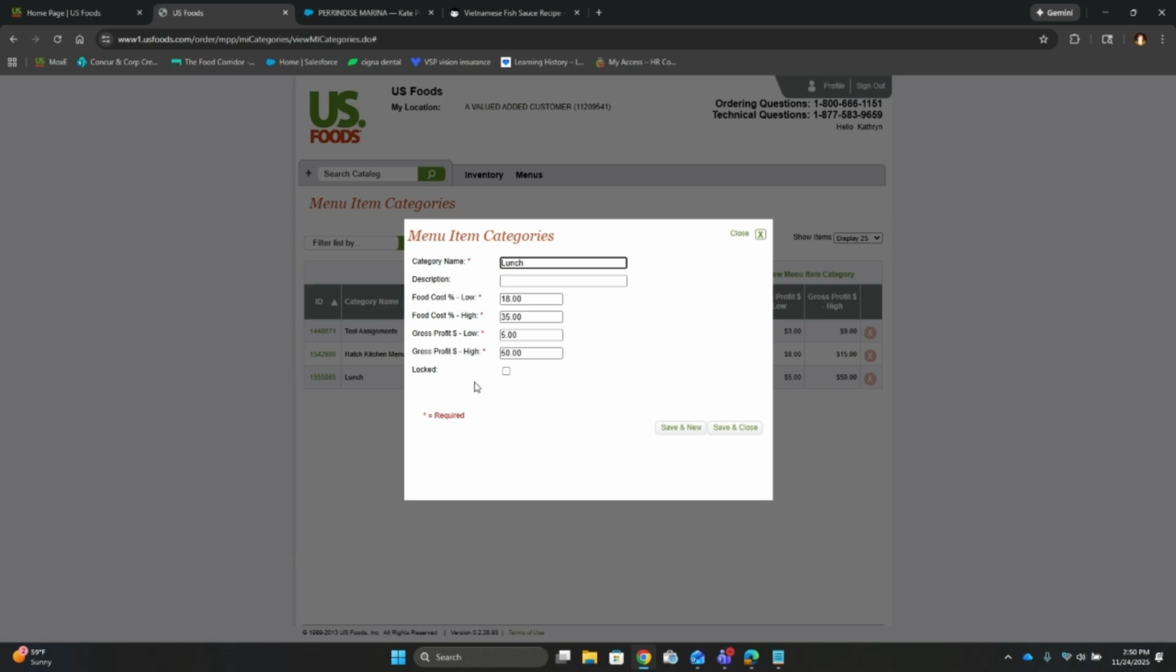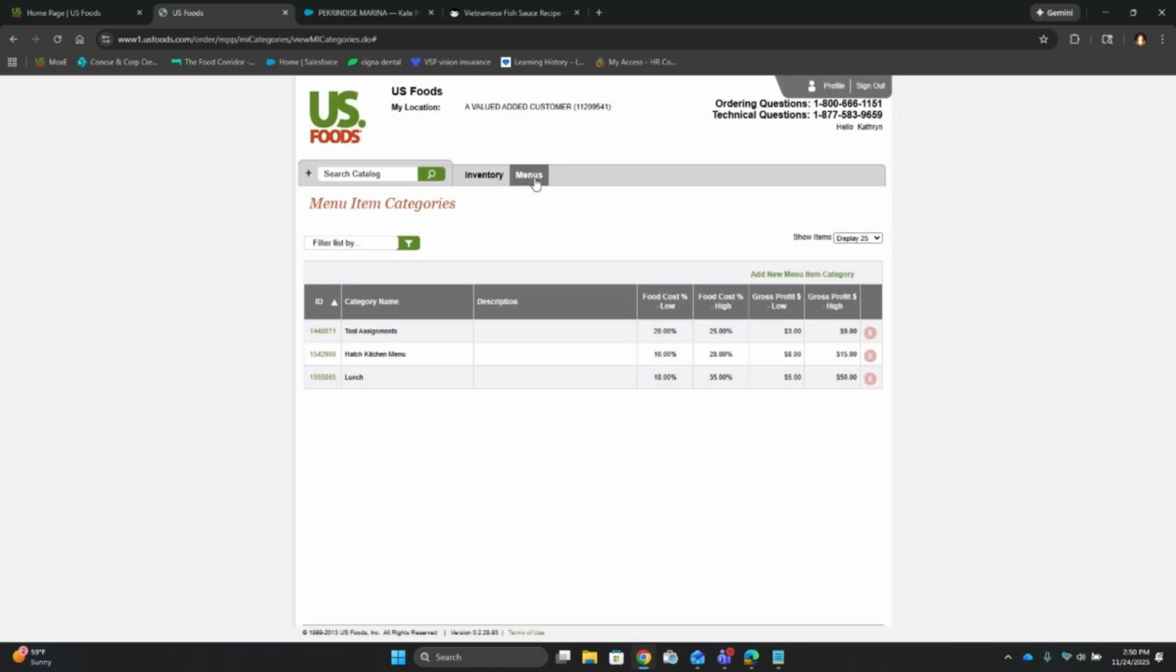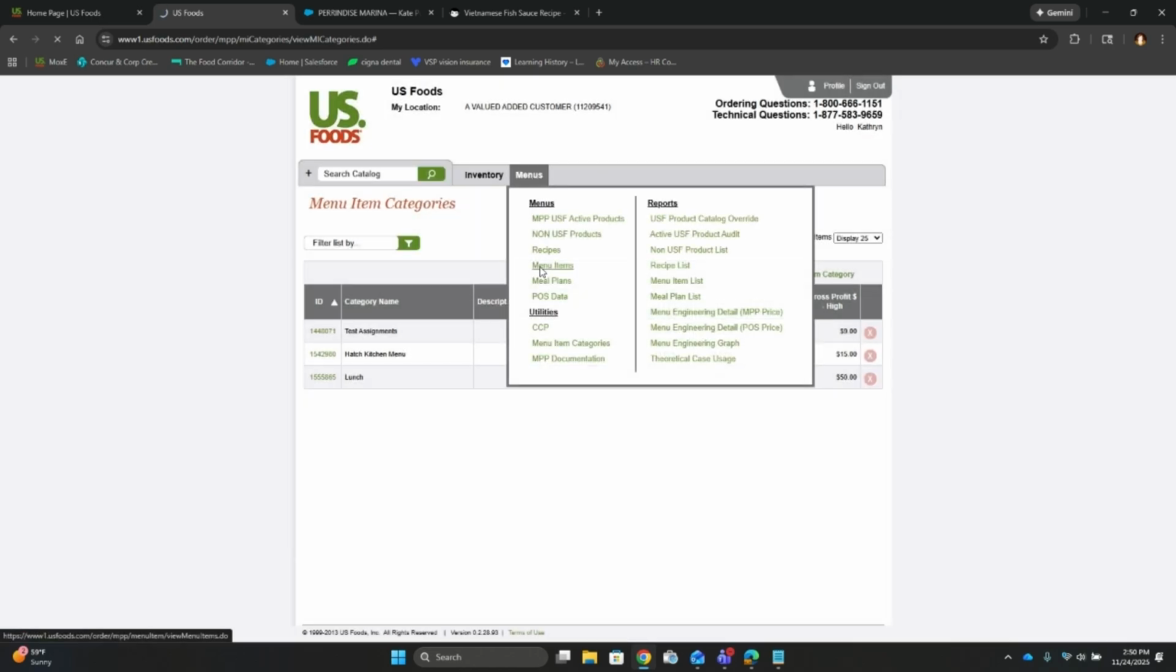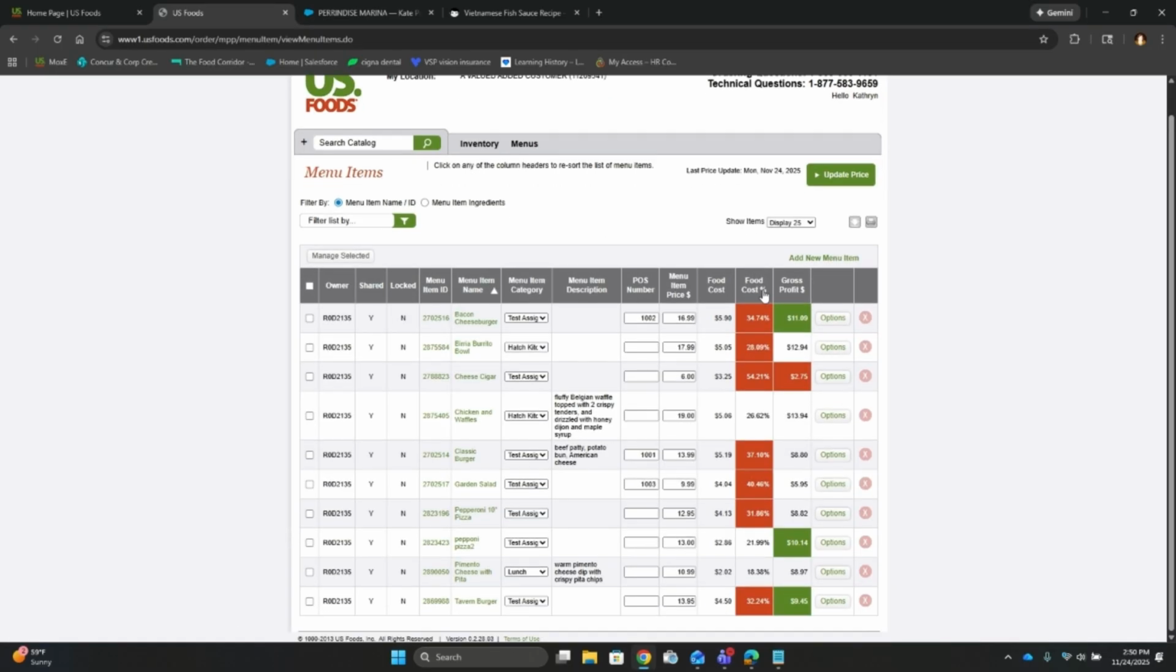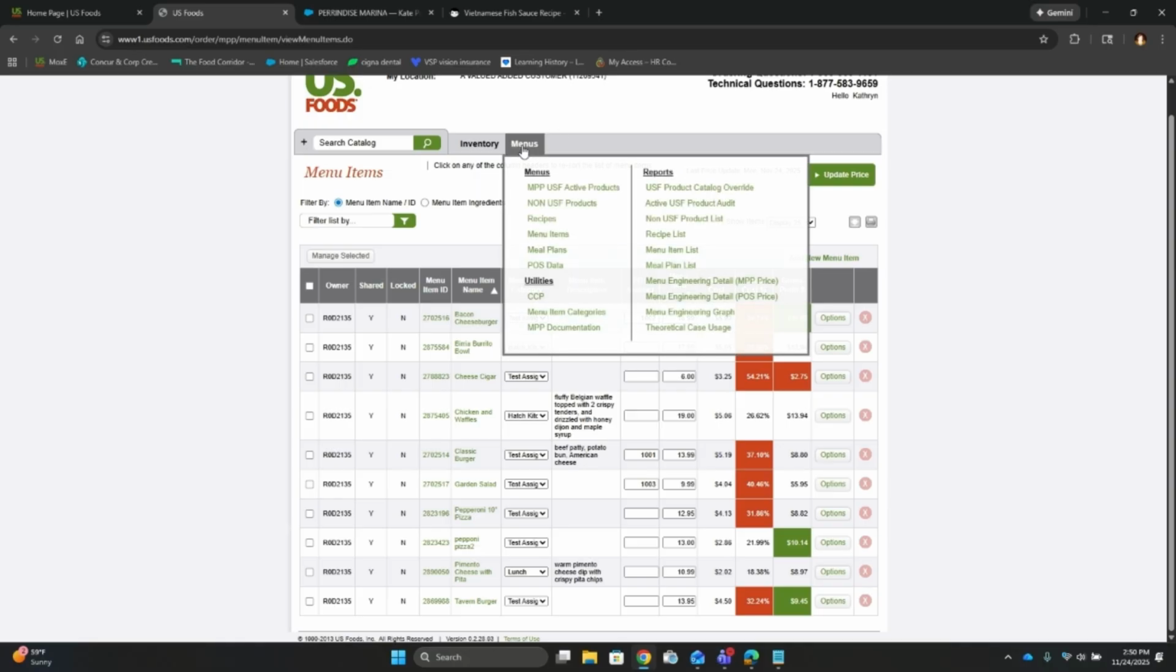So I just set this as a high limit. But as we saw in the main page where the menu items were, if it's outside of those parameters, it will highlight. Green is good, red is bad. I don't know if there's a yellow. I can't remember. I think it just leaves it blank. You can move it around to different menu item categories here as well. Everything will show up here. You also have the option of